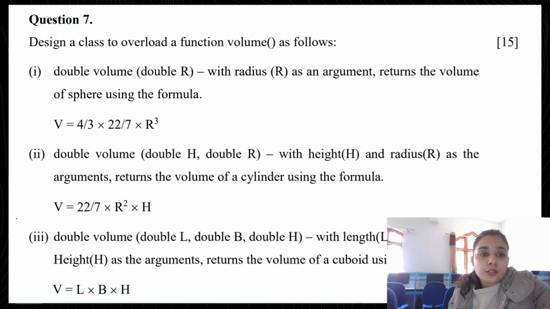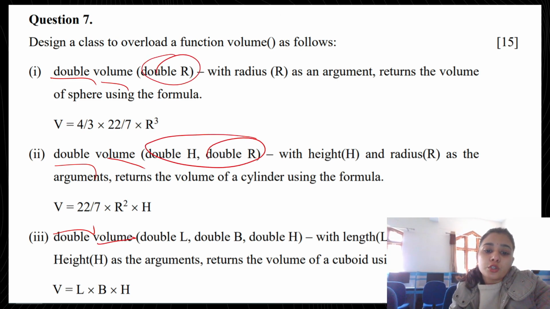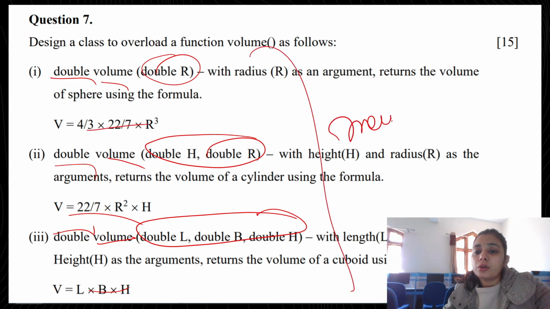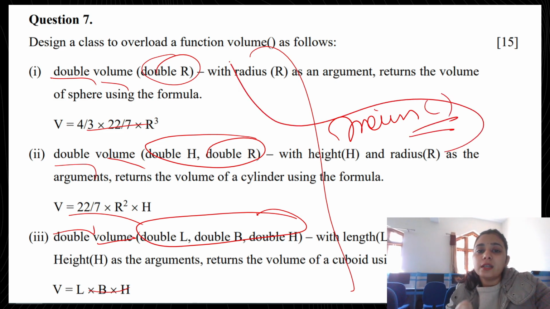I hope you people understood the concept. And the next program is for you. Actually these types of programs are very, very easy, because everything is given in the question only. Double volume. Now here one argument, 2 and 3. The formula is also given there. If the main function is not given to you, no need to make the main function, because nothing is mentioned that you have to create the main function or not. Until it is specified in the question, no need to make the main method, right?